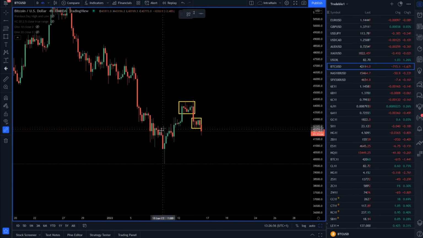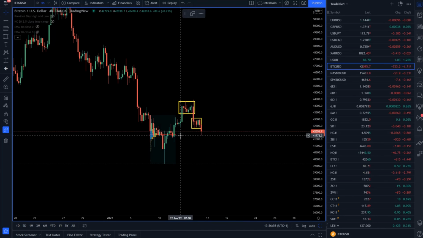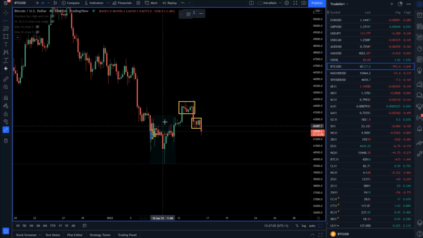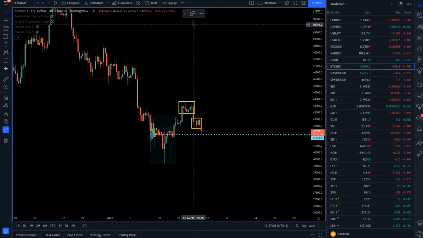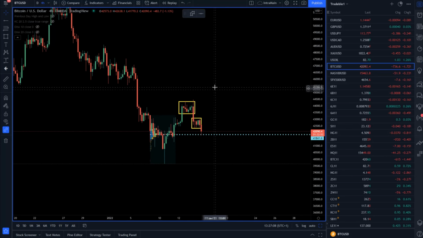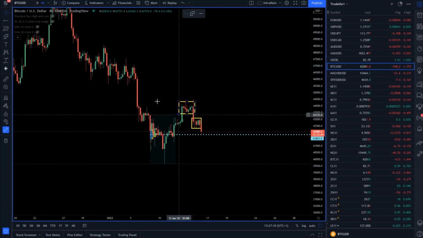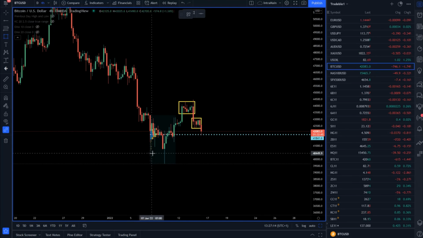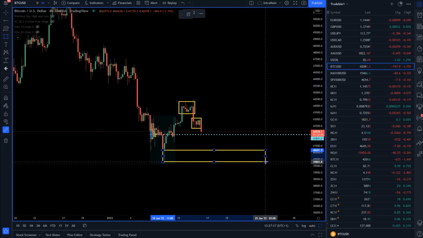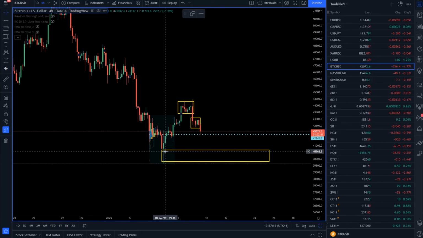Just to do the volume profile here, we see that basically we stopped at 41,800, which is also the mean of this consolidation. From here either we will go through or we will reject, but for anything meaningful to the downside, we would like to see that we clear this 41,800 and then eventually we can maybe expect a test of this pin bar area around the 40,500 and 40,000 mark.